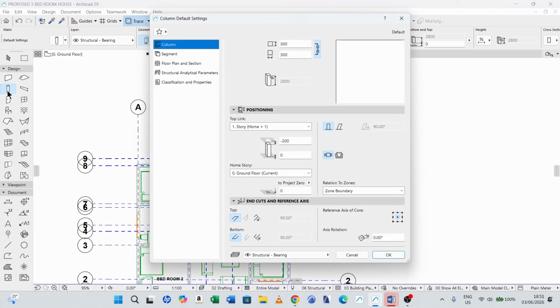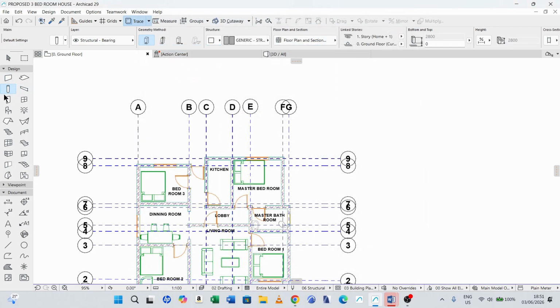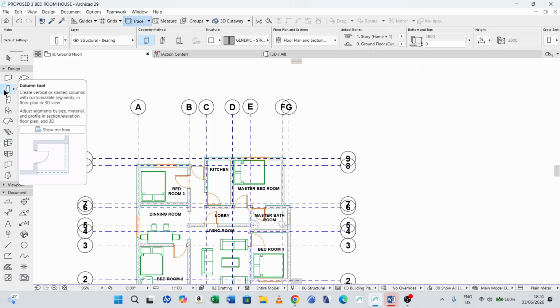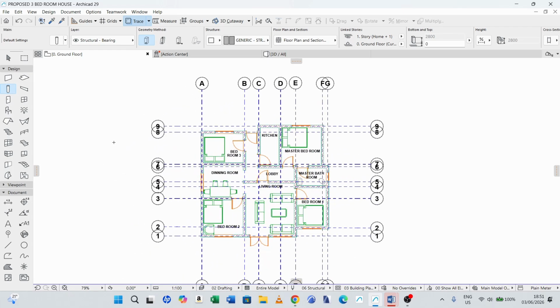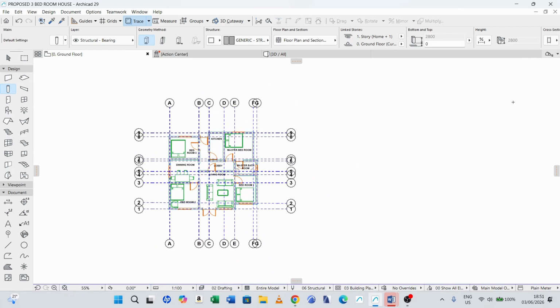For example, you see when I activate the column tool, there is different info about the column.